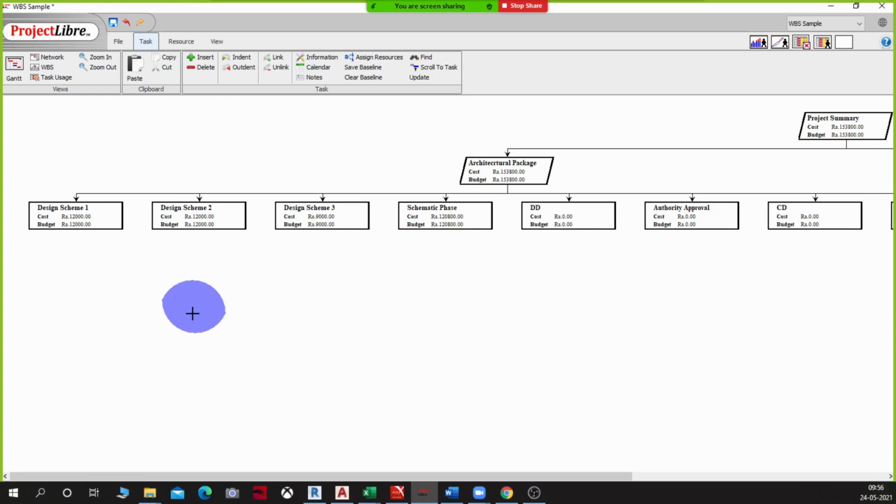Okay. Now you are able to see the budget, and the cost and budget are the same right now because we are assuming that the project is running 100% as it is supposed to. We have not made any change to the project yet, but we will come to that in some time. You can see the total amount and the total project summary, so all of this is getting rolled one into the other.